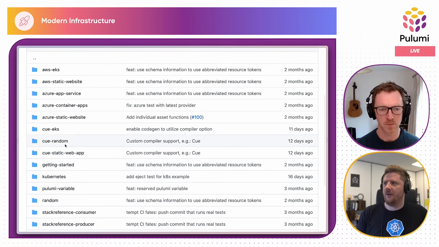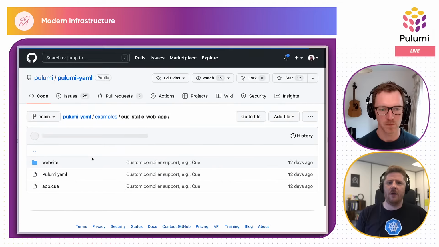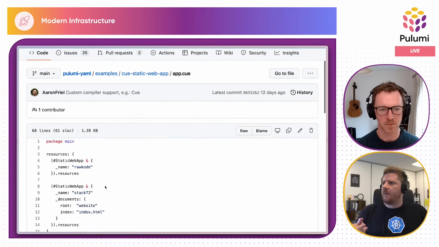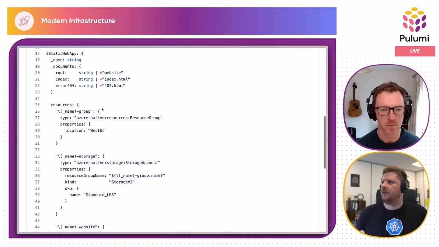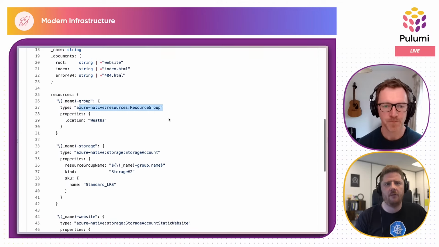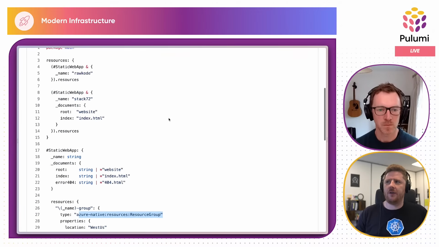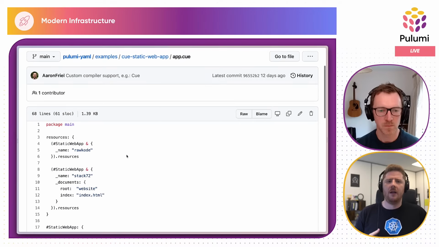Hope I'm not getting too confident now, but if we go to the Q static web app, this uses Azure native resources, and we could actually copy this queue into our queue, and the Pulumi runtime would detect that we're now using Azure, download the binary if I don't have it, and we'd have a working Azure project, which I think is quite nice as well. Like that plugin auto discovery is very clever.